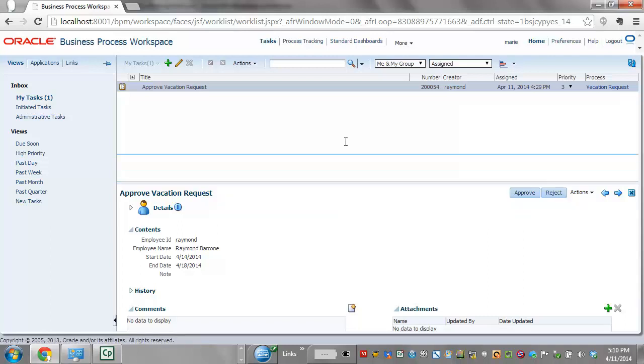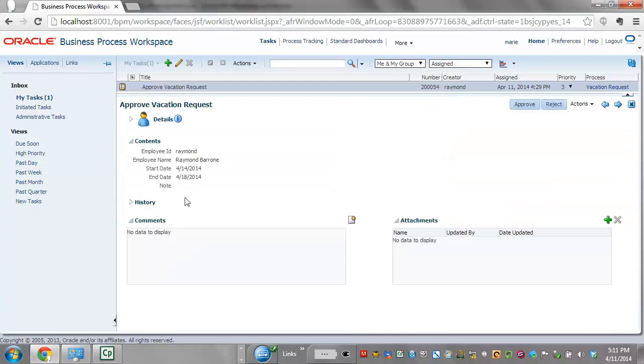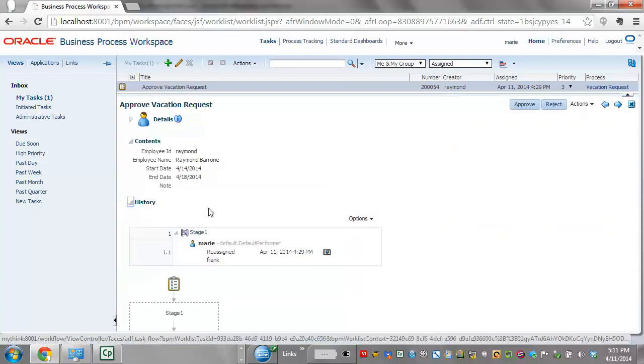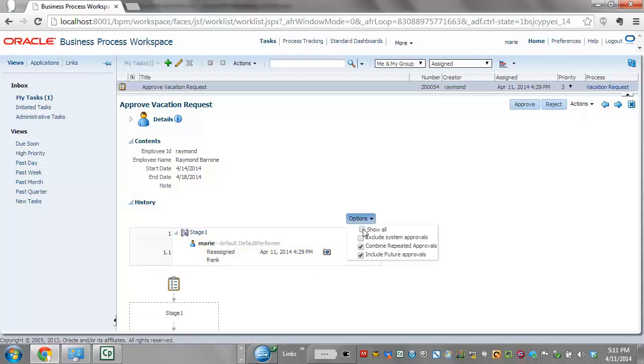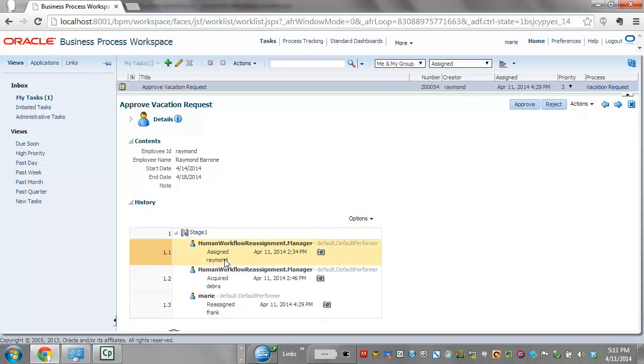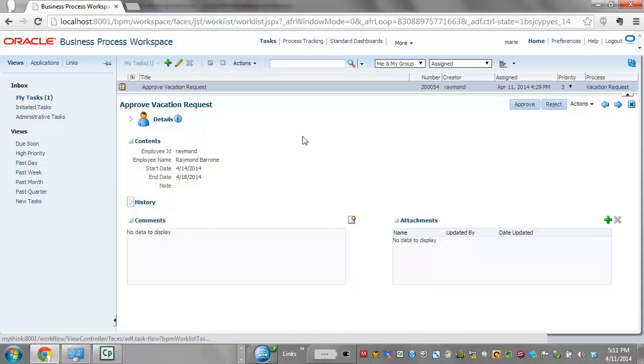Now one more interesting thing I'd like to show you here is the assignment history. So I can see that this task was reassigned by Frank and assigned to Marie. And if I go in here and select show all, I can see the whole history. I can see that it was assigned to the human workflow reassignment manager, and it was acquired by Deborah, and then it was reassigned by Frank to Marie. So this is pretty cool to see, to be able to see the whole history behind the assignment of this task. I'm going to collapse that again and